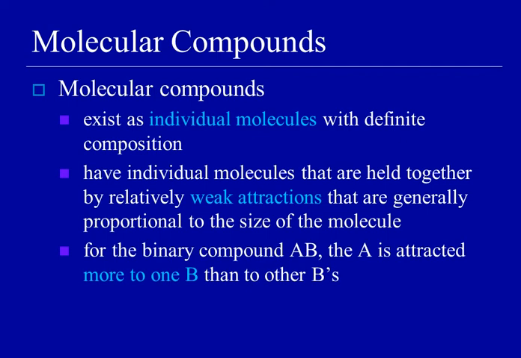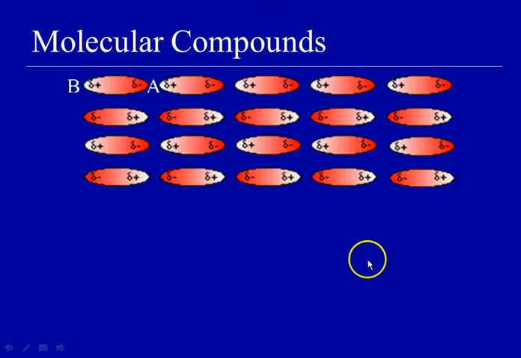So here's an example of a very simple molecule, AB. An A atom bonded to a B atom to create a molecule. You see this term binary? Seems complicated, but it's actually pretty simple, meaning two. So it's a two-atom compound, one of A, one of B. And in the picture that you're going to see, A happens to be more attracted to B than the B is to the other B's. So here's a picture of that